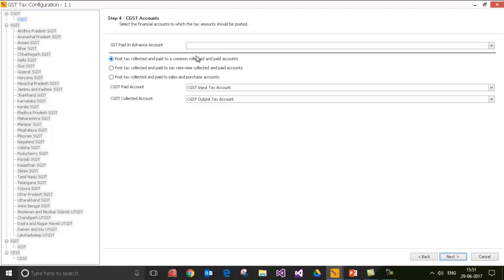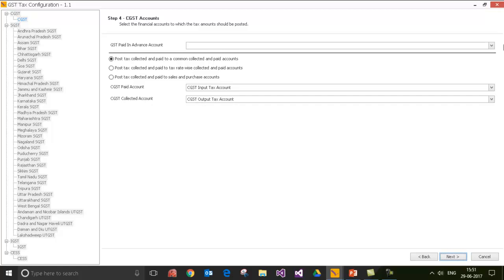So in case you are dealing with one rate of tax only and the other tax rates are insignificant, or in case you want to maintain just one common collected and paid account for all tax rates, choose this scenario and select the input account in the GST paid account column here, and then the output or the collected account in the CGST